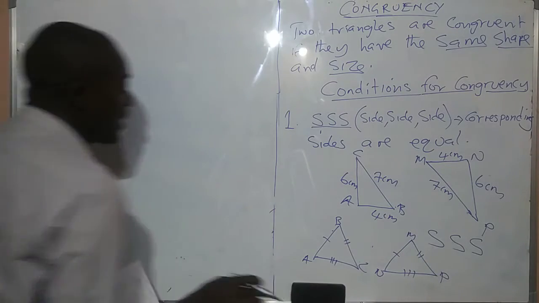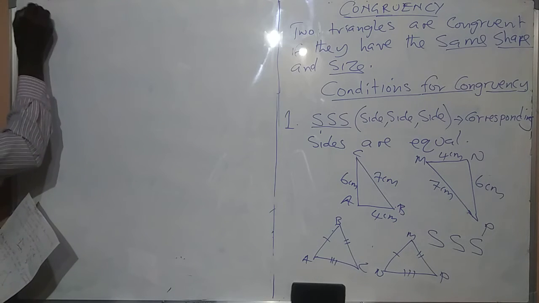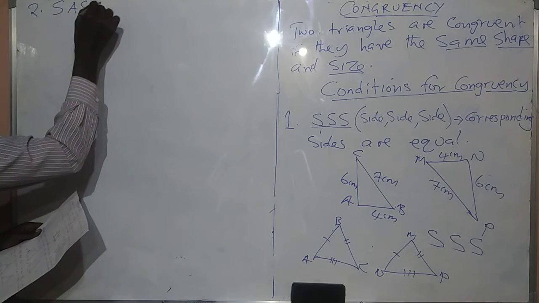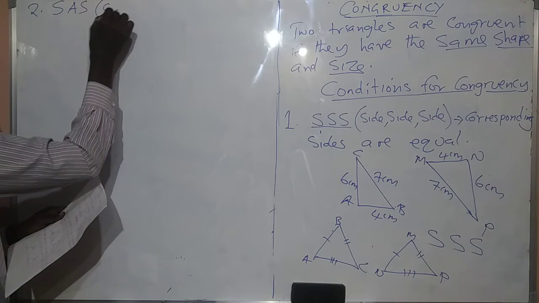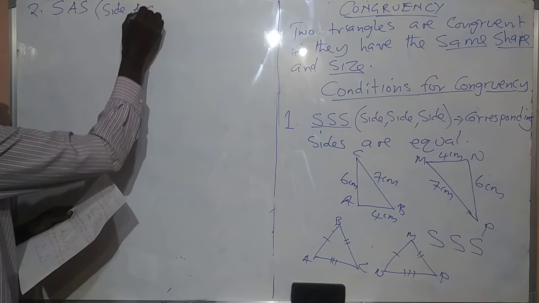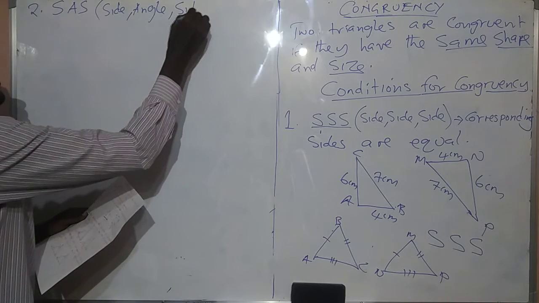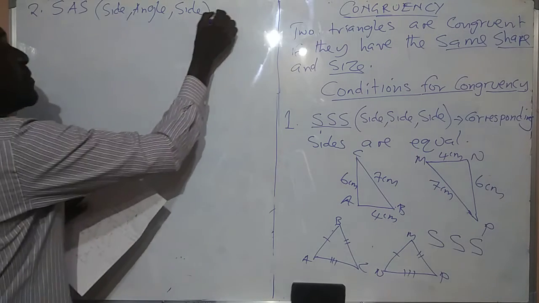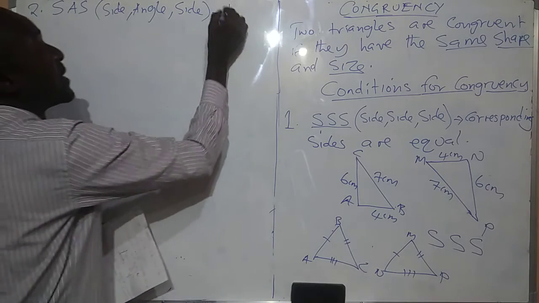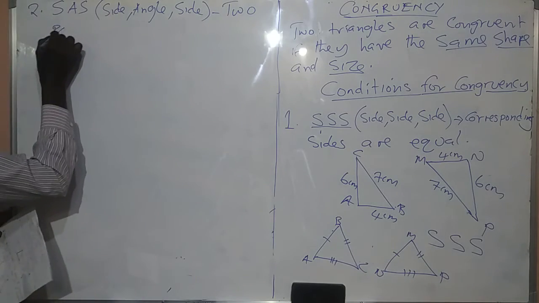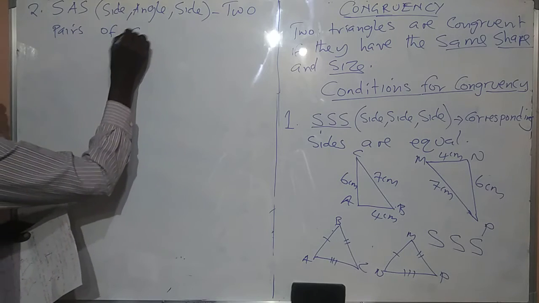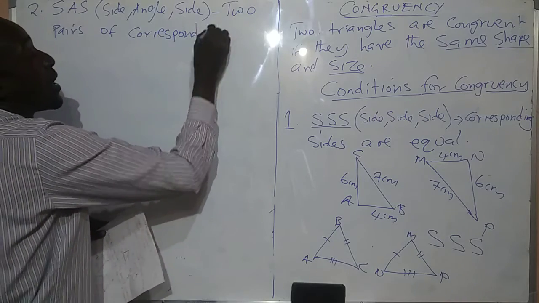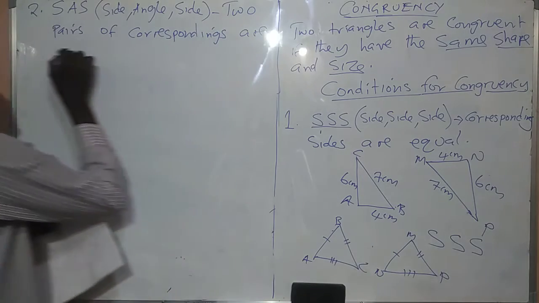Okay, so let's go to the second condition. The second condition, we have SAS. What is this? This is side, angle, side. Okay, so what does this mean? So here's what it means. It means two pairs of corresponding sides are equal,